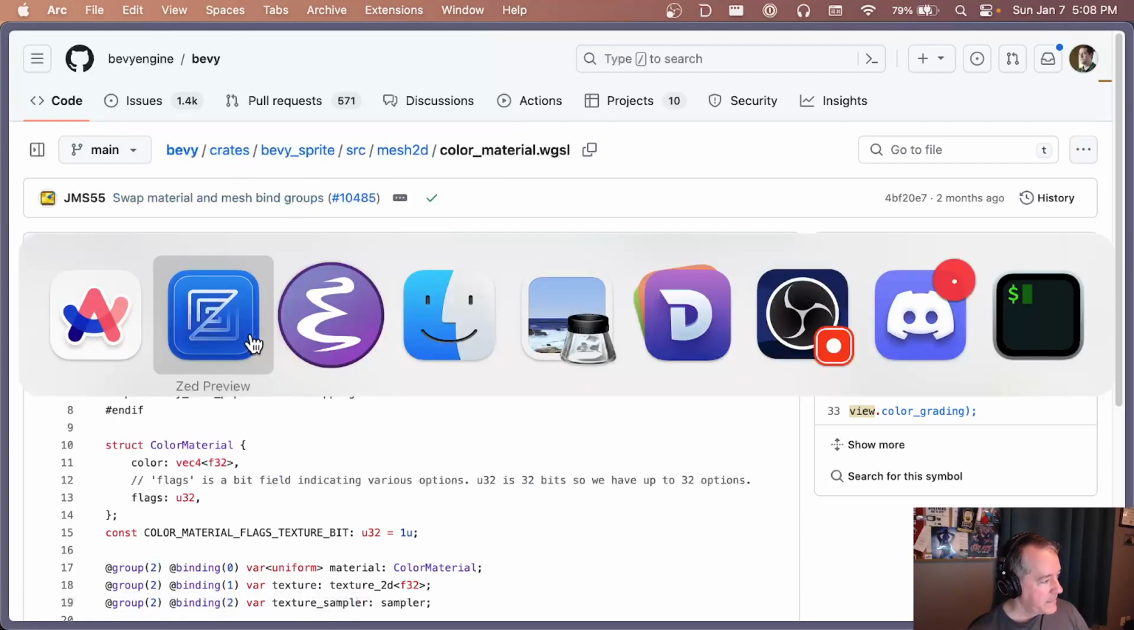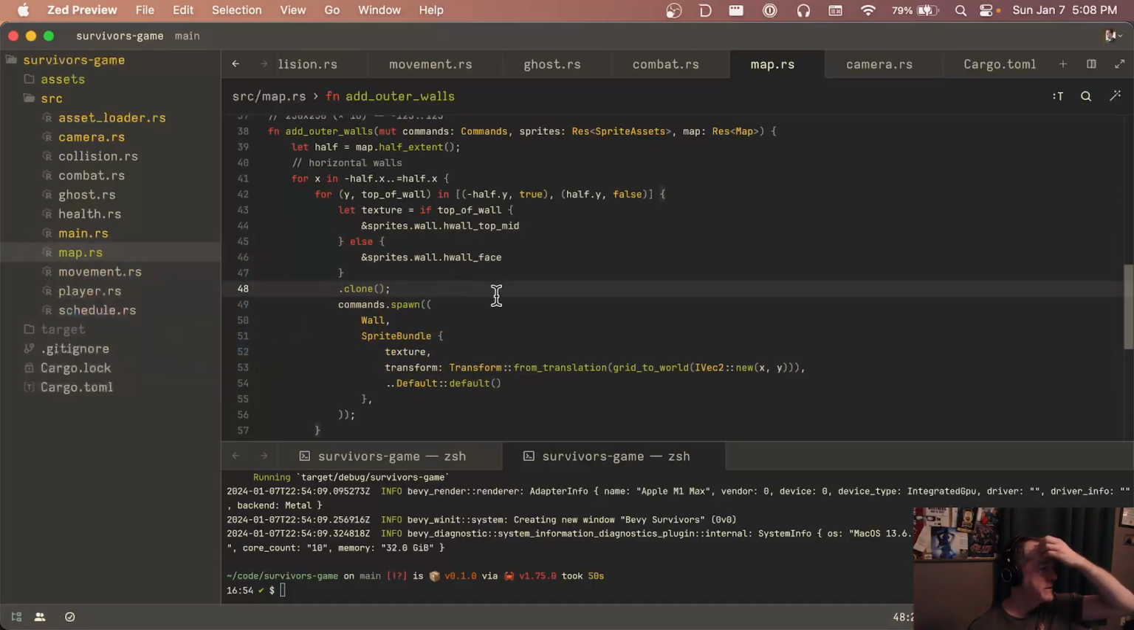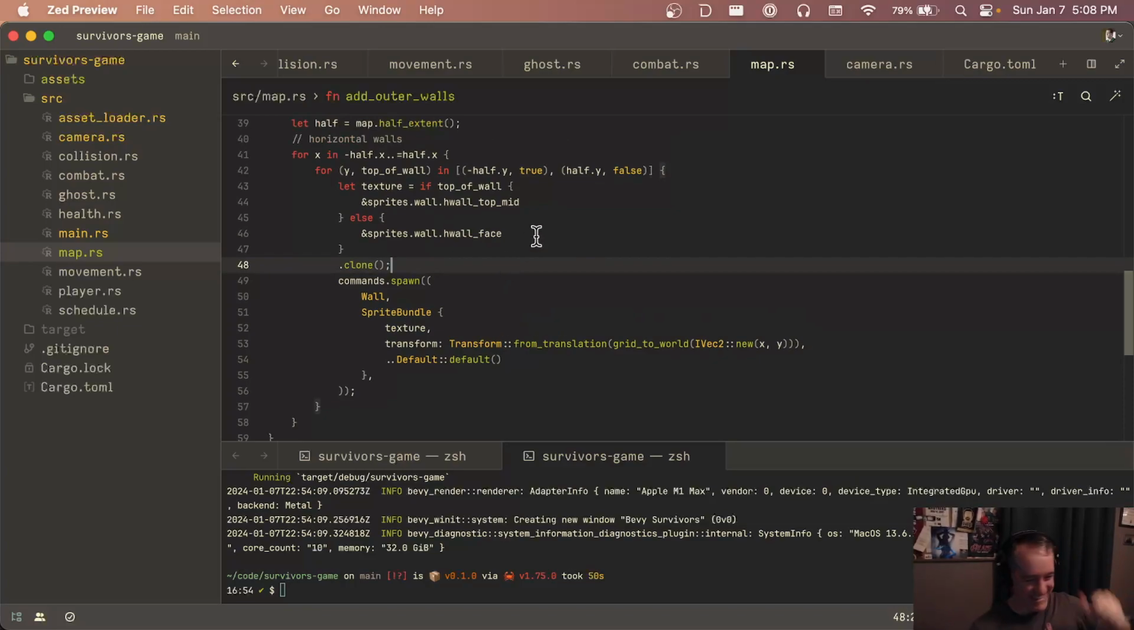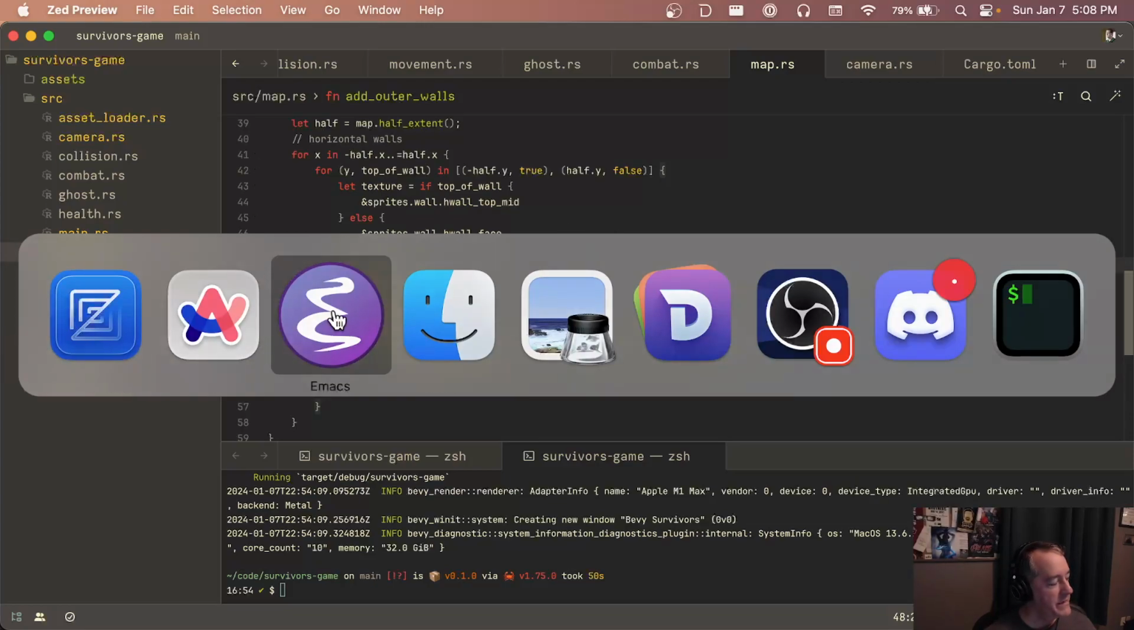Okay. That was an interesting diversion. For now, every tile is an entity. Oh man. Okay. So we might have to,